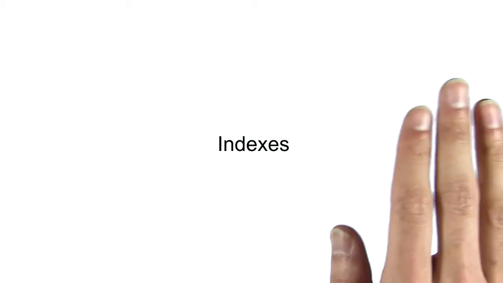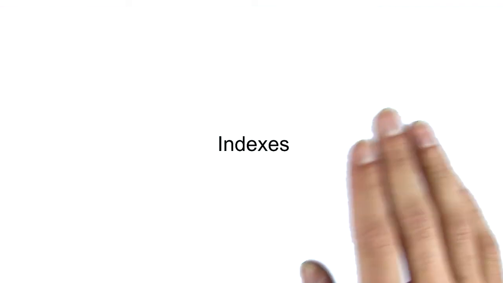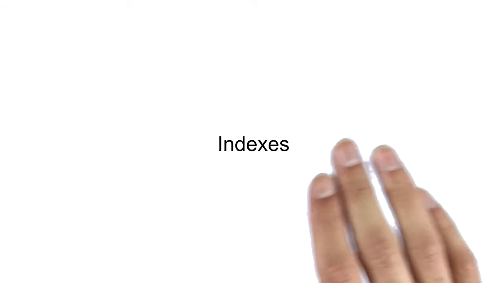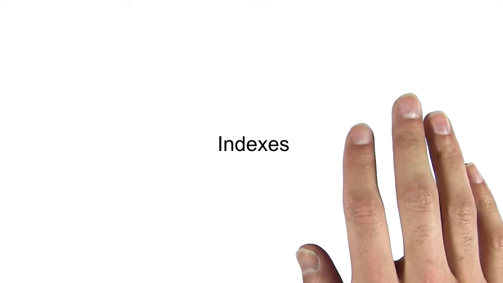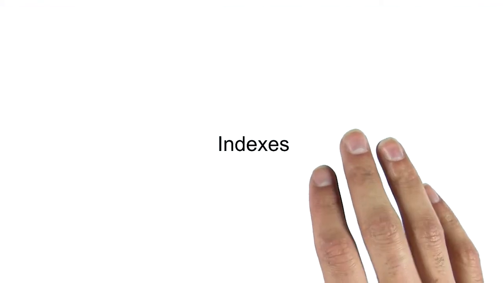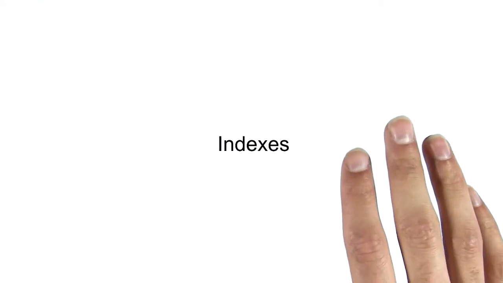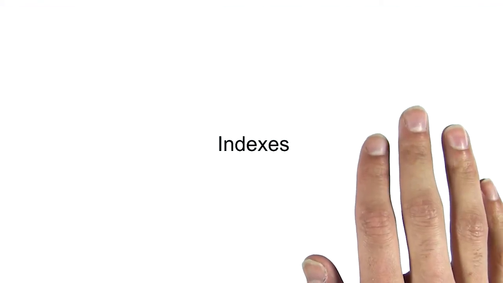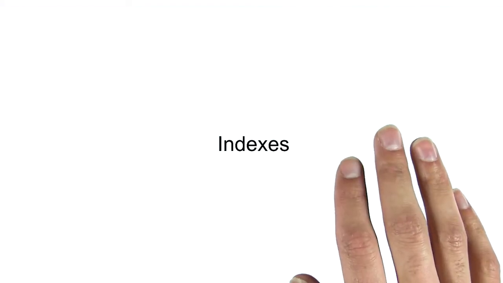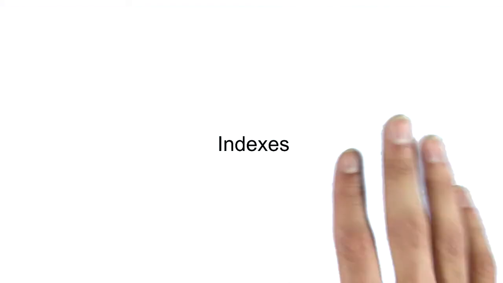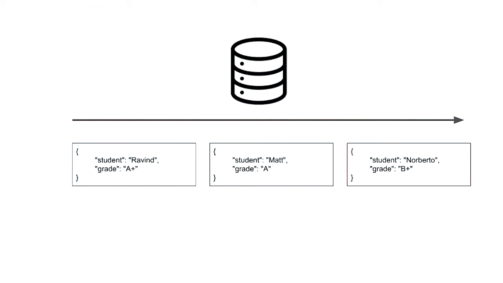Bear in mind that this is only an overview, and a more in-depth explanation of indexes can be found in M201 MongoDB Performance. Right now, we're just going to say an index is a special data structure that stores a small portion of a collection's dataset in a form that's easy to traverse. This supports more efficient queries. For example, when we issue a query to MongoDB, it checks to see if it can use an index to satisfy that query. If it cannot, MongoDB will do a linear search through the entire collection.